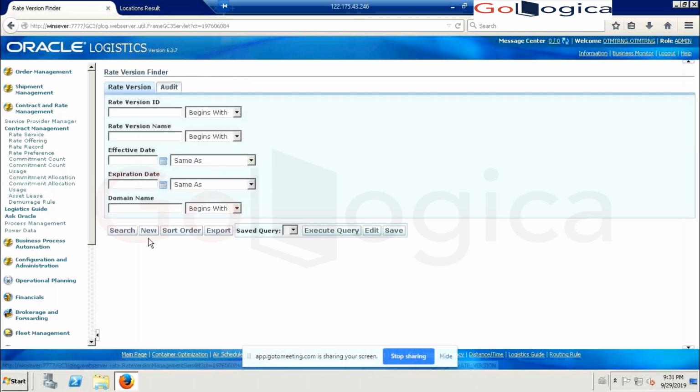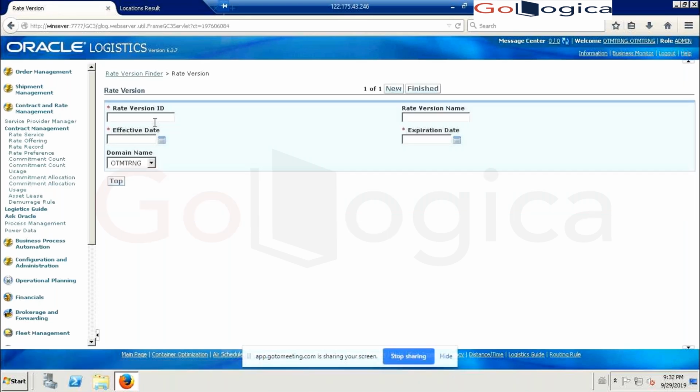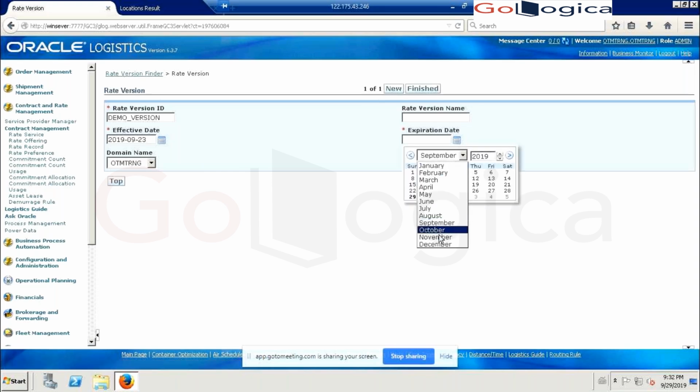So you can define the rate version to define the rate validity. For a particular time it is valid, so that rate will be used only for that. Yes, yes.